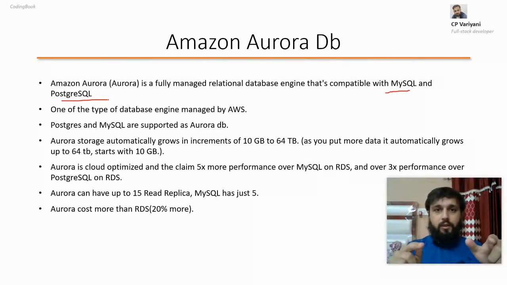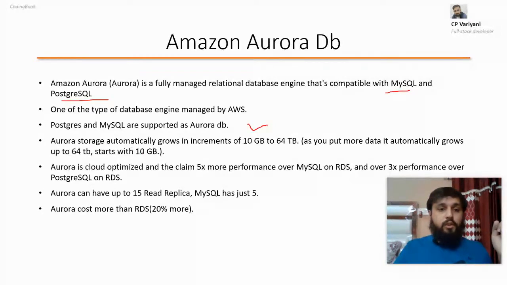This session will give you the answer to why you should go for Amazon Aurora DB, and what additional benefit this Aurora DB is providing. Because each time you click on Relational Database Service in the Amazon console, you would notice that AWS is recommending that you go for Aurora DB. So there should be a reason, right? And what is the reason we are looking at here? So PostgreSQL and MySQL are supported in Aurora DB.